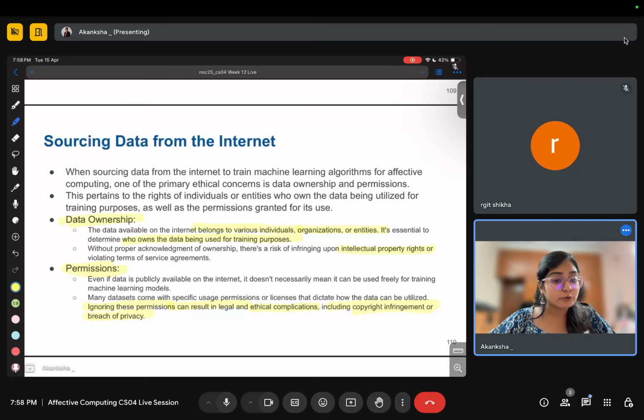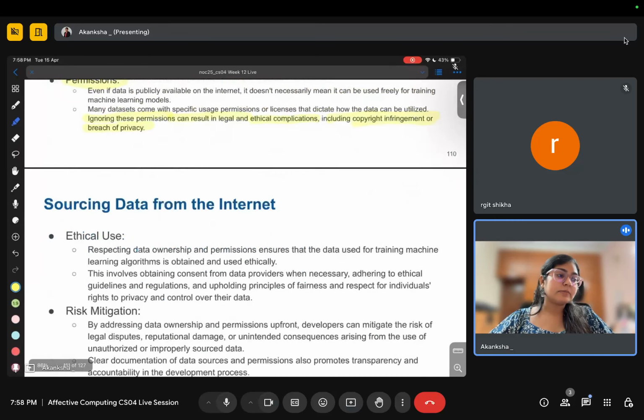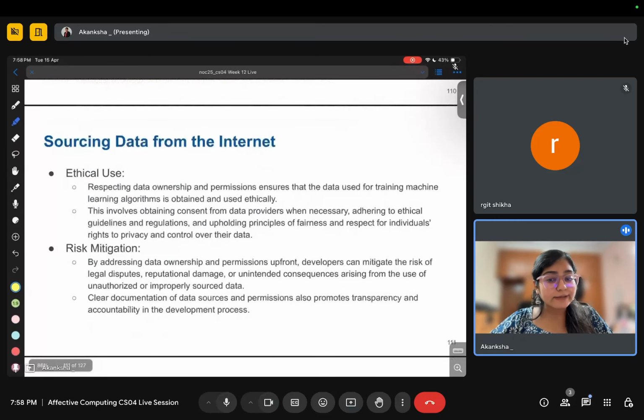That is why on YouTube they say that an infringement claim has come. That means you have copied content from some other person, which is not allowed. So permissions, because sometimes we don't even know, so unintentionally we sometimes copy or use someone's private data.